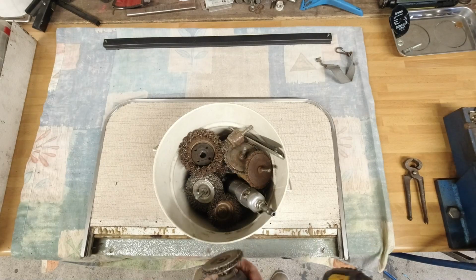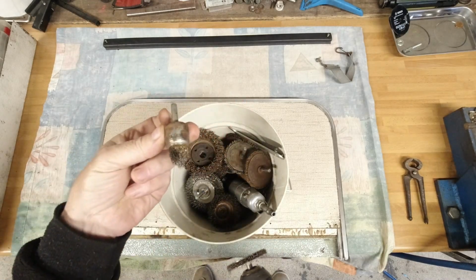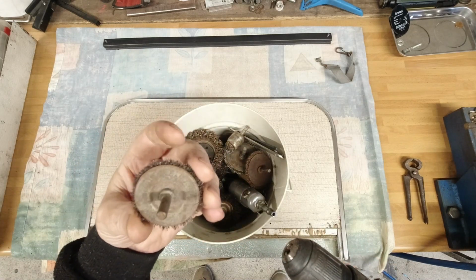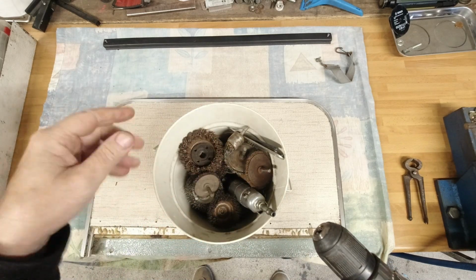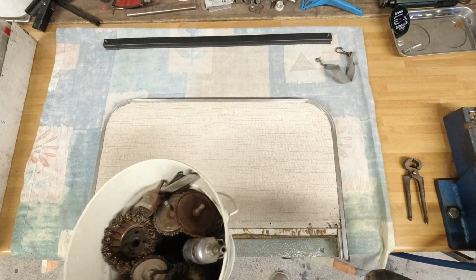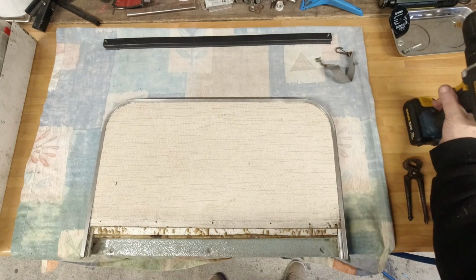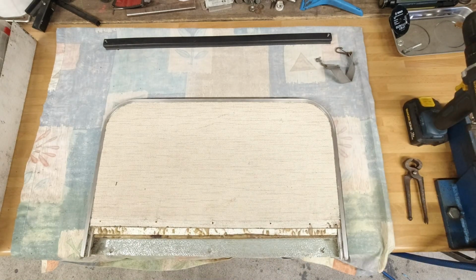I've got these brushes here, all kinds and sizes. Even the worn down ones are handy. So I've got them in a little bucket, and I find them handy. Ideal for this kind of...